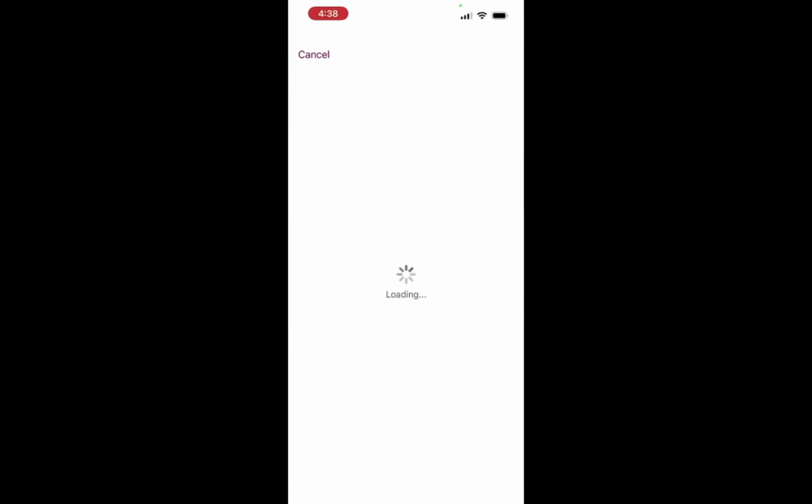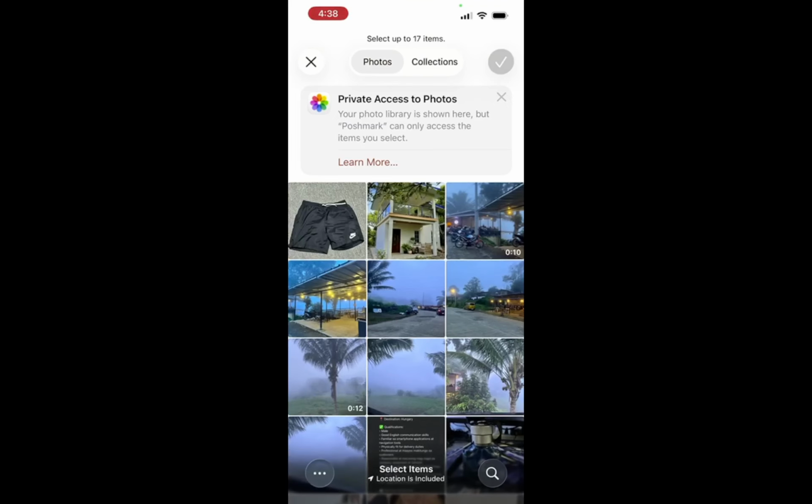Now you will upload photos of your item. High-quality images are essential in attracting buyers. Make sure to capture your item from different angles to show all its features. Good lighting and clear images help potential buyers see what they are purchasing. This step can significantly increase the chances of making a sale.